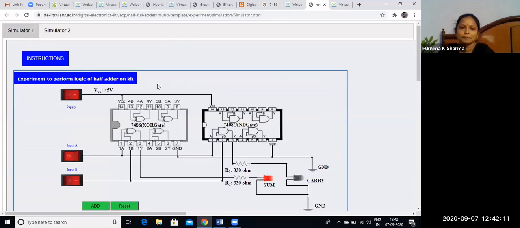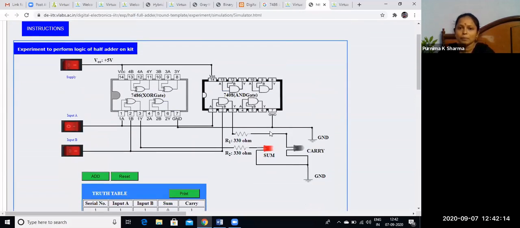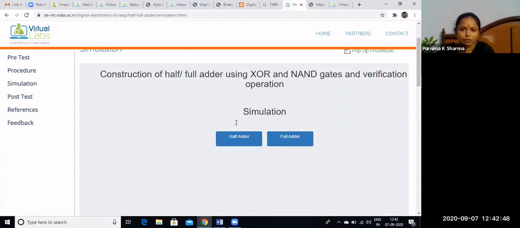What we'll actually do on the breadboard is take 2 ICs to perform this half adder experiment. A and B are the inputs to the 7486. Actually in the 7486, in this particular example we are using only inputs 1 and 2. 4 gates we can use on 1 IC. It's about the experiment. We can perform the same thing.